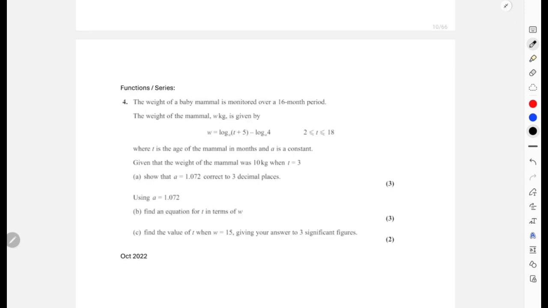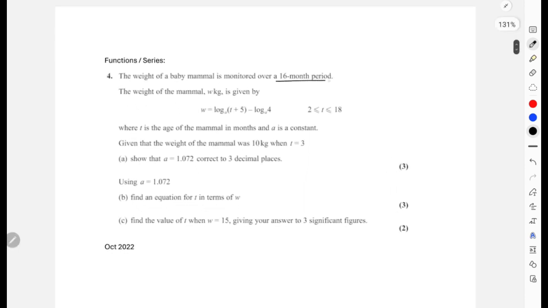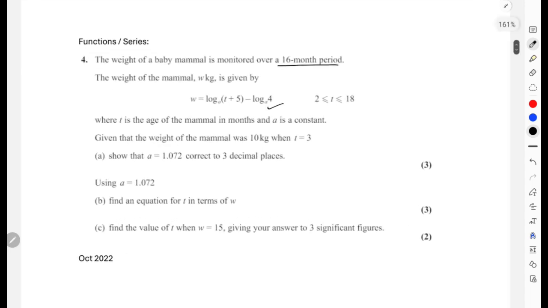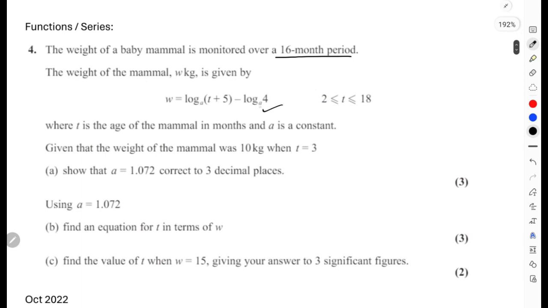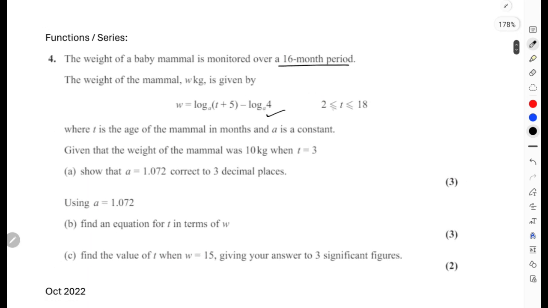Okay, so for functions and series, this is a combination of AP, GP, logs, and all those things involved. Now, in this part, the weight of a baby mammal is monitored over a 16-month period, and the weight of that mammal in W kg is given by this equation over here, where you can see the base of the log is A, right? Now, it was also stated that T was within the range of 2 to 18,